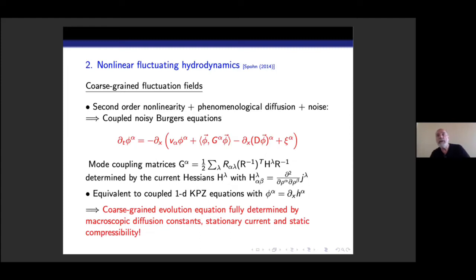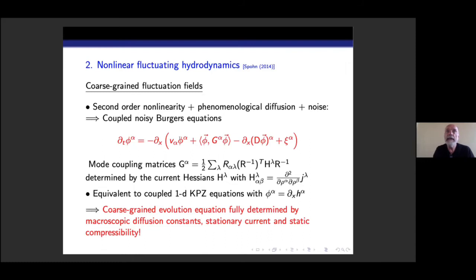So what I want to point out here is that this coarse-grained evolution equation is fully determined by macroscopic diffusion constants, by the macroscopic stationary current that you get from the static behavior, and by the static compressibility, which enters the normalization of these fluctuation fields. So once we can somehow handle this equation, we can get information about the time-dependent behavior and space-dependent behavior from the static behavior. But of course, since this is a nonlinear equation,